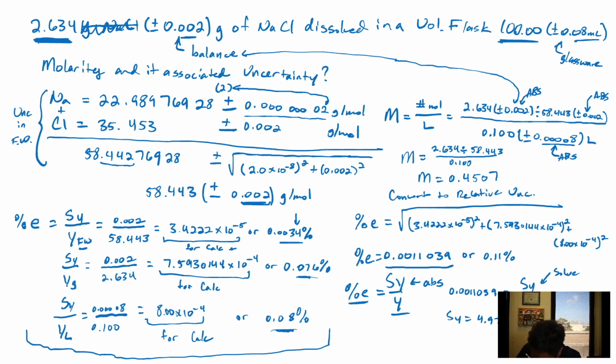0.0004975, right? And then again, you always go to the very first non-zero digit of the uncertainty right here, right? And so what you use is the 0.000, and so the 9 will round it up to 5. And so now that's your SY, or absolute uncertainty, right? And so your answer for this whole problem will be